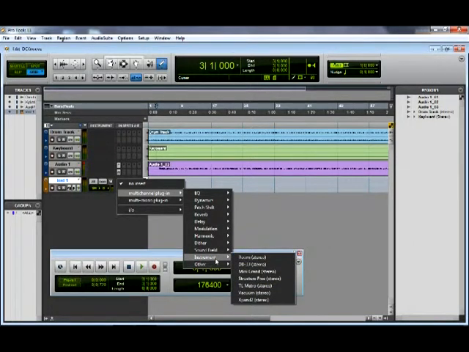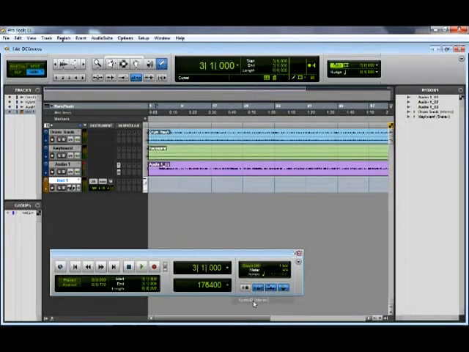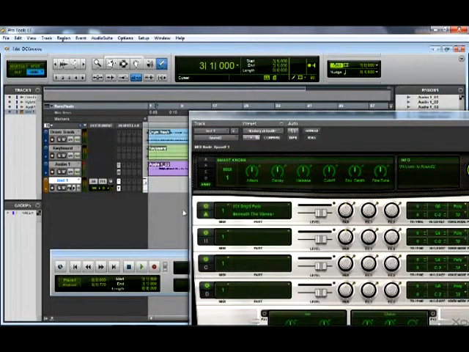I'm going to come down here to an instrument, and I'm going to use the Expand 2, and that is a stereo instrument, so it'll take a few seconds for that to load. Alright, and so now we have our Expand 2 loaded, and I'm going to come over here